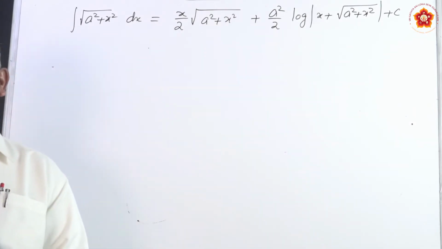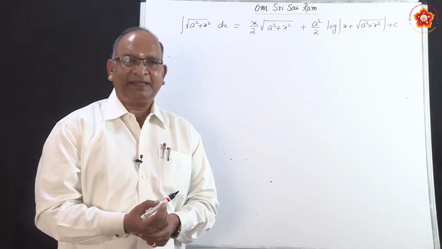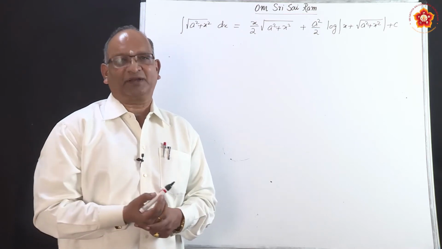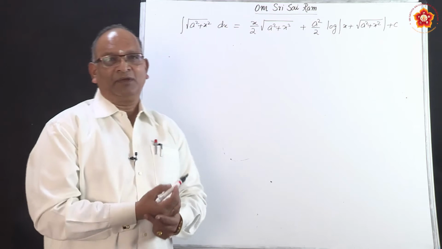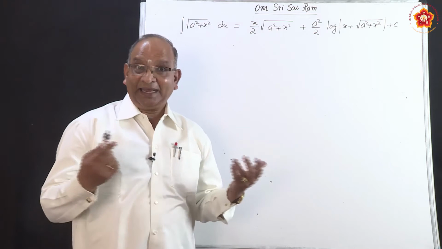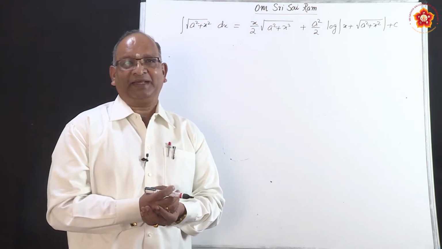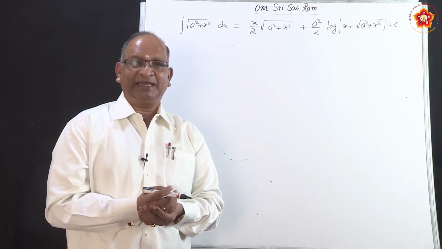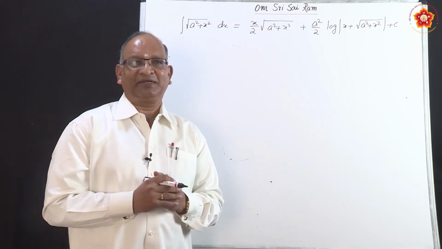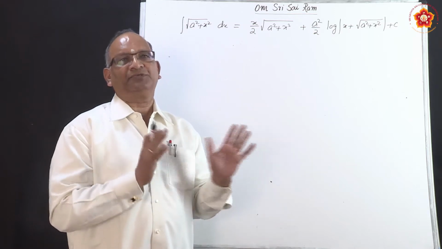I was mentioning that this derivation is based upon integration by parts. By parts is basically used when there is a product, but here there is only one function. How are we going to use by parts when there is only one function? Recollect, while doing integration by parts, there were problems like tan inverse x, sin inverse x. What did we do there? If you have to find the integral of sin inverse x, we multiplied it with 1. Same technique we use here.